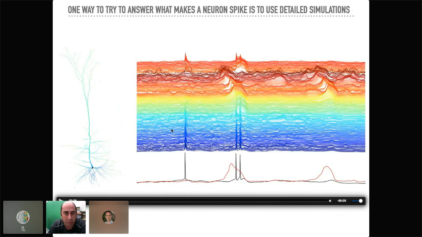The output only shows a little bit of this complexity. And what we really want to understand is how the inputs bombarding this neuron are causing this output of the neuron. The compartmental model gives us a very useful tool to ask this question, but eventually we are left with many differential equations that we just have to run to see the output, and it doesn't give us a lot of understanding of what is the process happening behind the scenes.